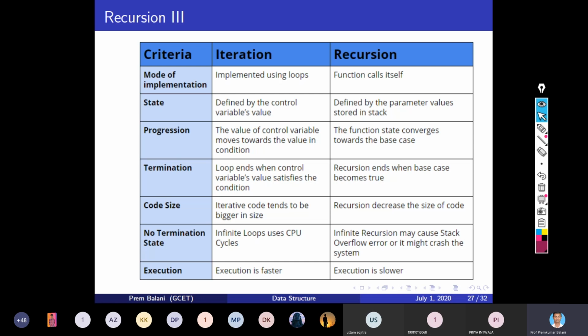Every time a function is called, the parameters of the function and the current location of the function are pushed to the stack, while iteration goes on one by one, and no stack operation is involved in it, so it is faster, while recursion is slow.